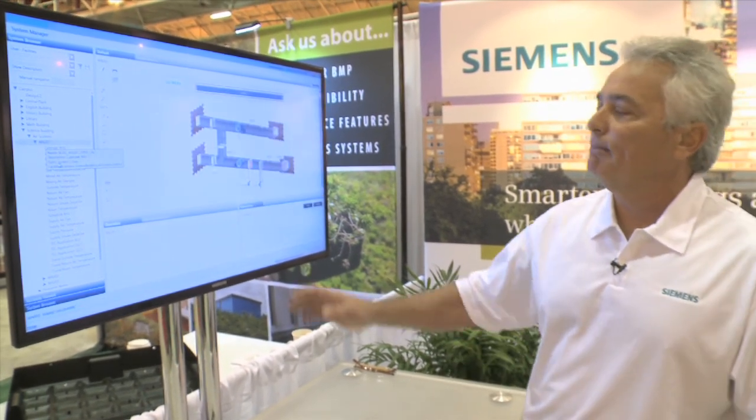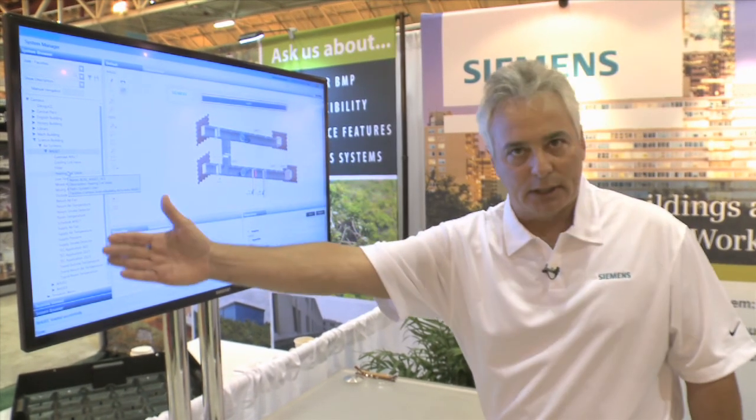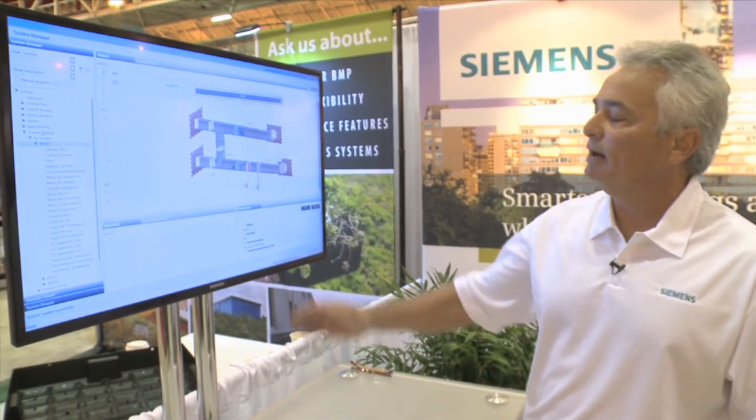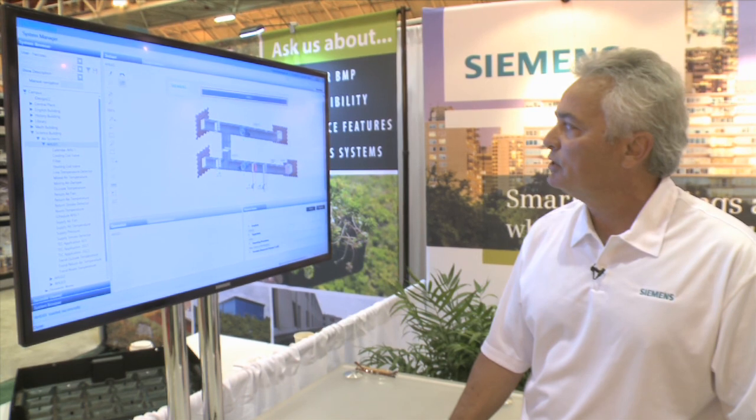And as you can see, as I pick things to the left, it shows it on the right. If I pick it on the right, it shows it in the browser, so they both keep up with each other to make it very convenient. Now that I'm in the air handling unit dynamic graphic, if I wanted to look at the discharge air temperature,